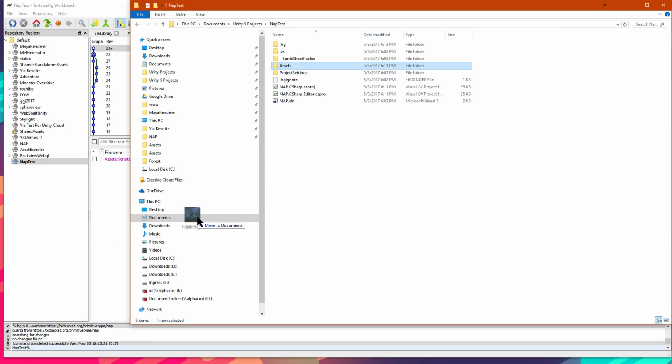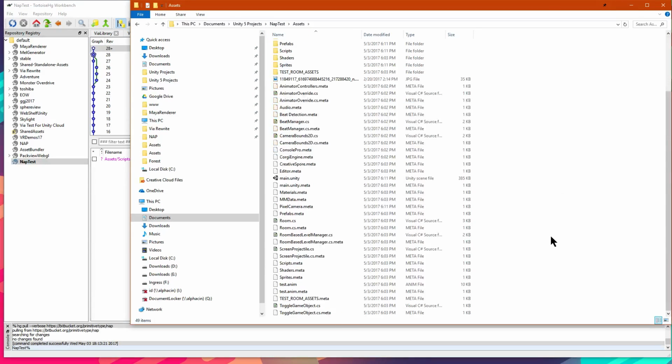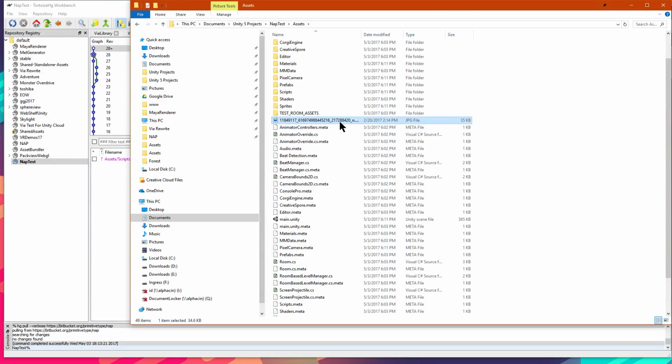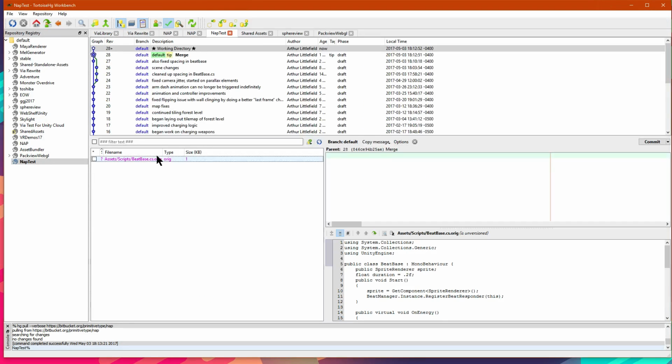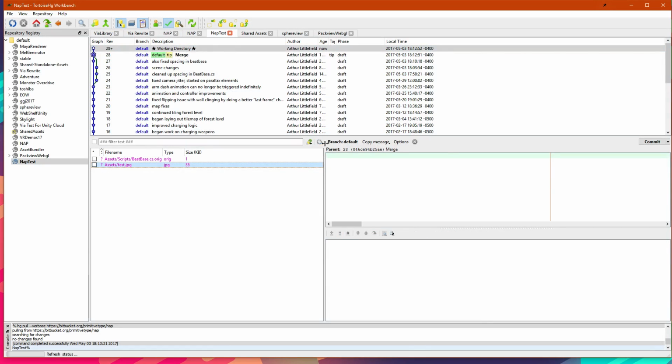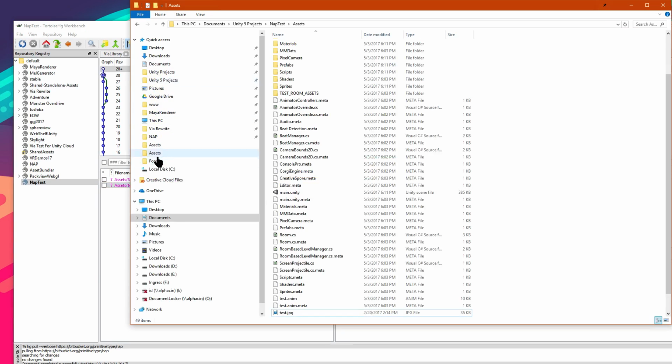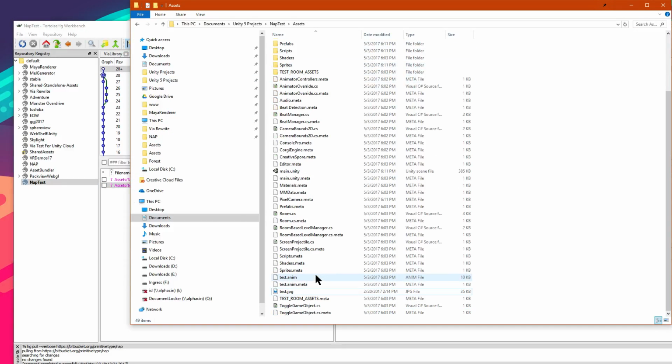I'm going to just drag this image file from one of my favorite board games into the assets folder. This probably isn't where I would actually put it, but let's call this test.jpg. Now when I go into Tortoise and look at my working directory, if I refresh it, there's a new file here. When I refresh, it scans over the directory and basically scans every single file,